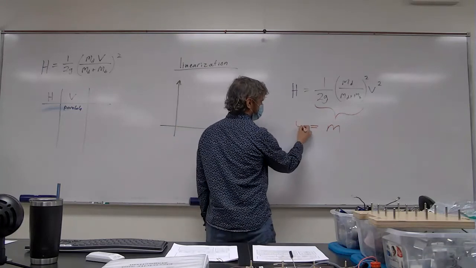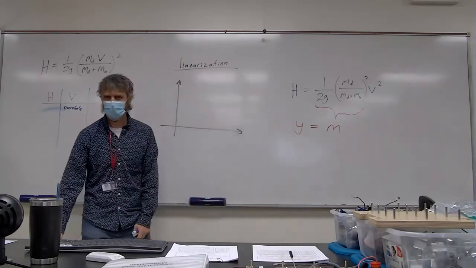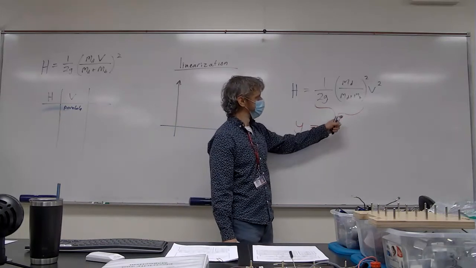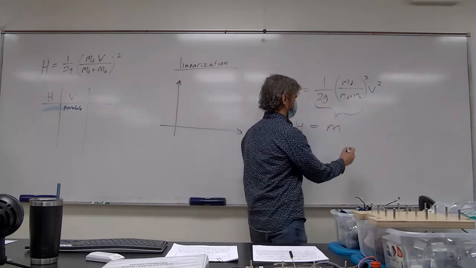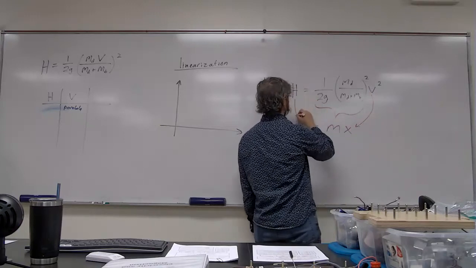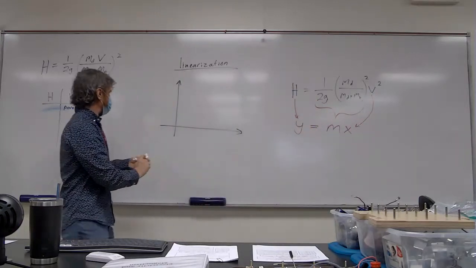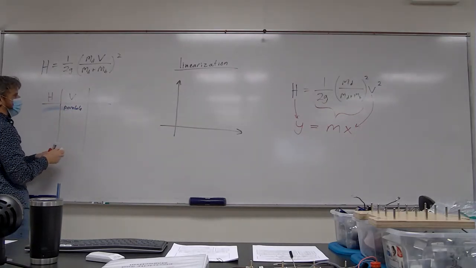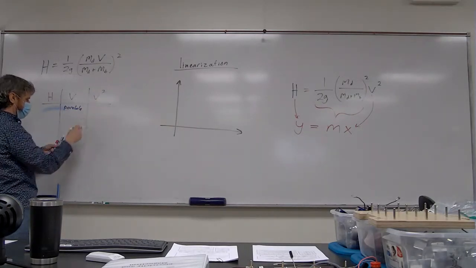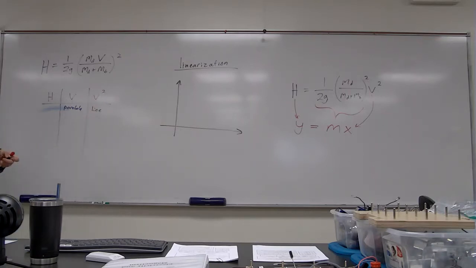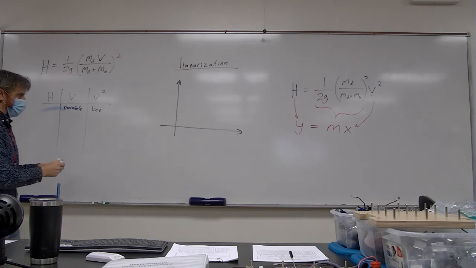H is my y. So what is my x then? V squared. Right, so that would be my x. This would be my y. So if I plot not h versus v, but h versus v squared, then I will get a line. Okay. And when I graph that